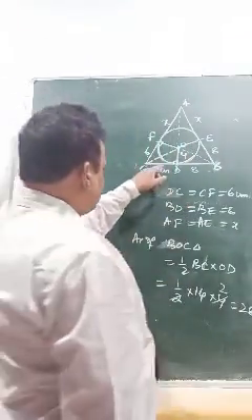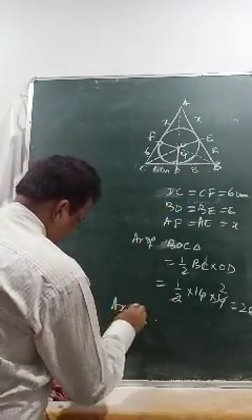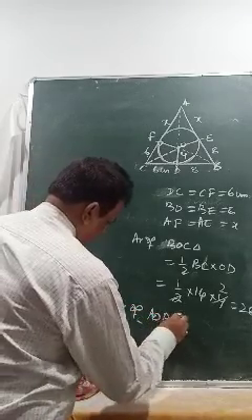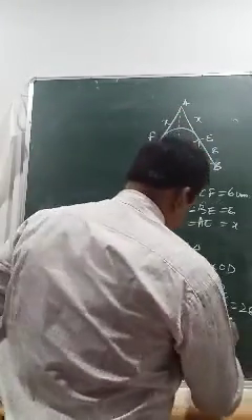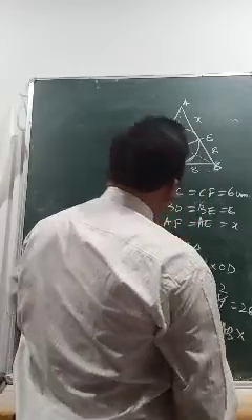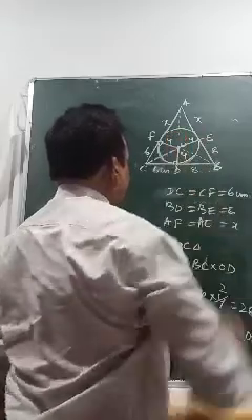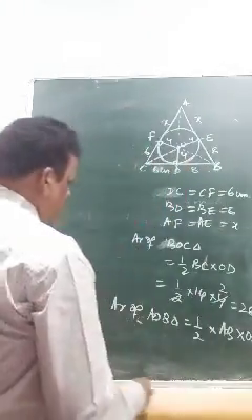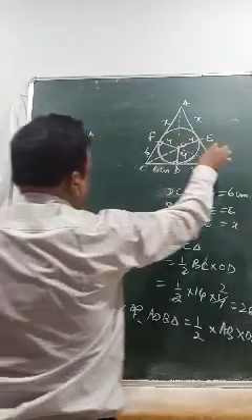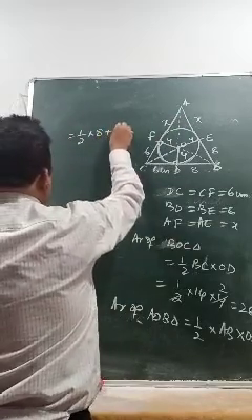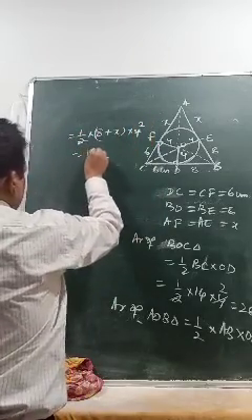28. Then what is BOA? What is the area of the AOB triangle? Similarly, half base is AB into height OE, but this is radius, this is also 4, this is also 4. So how much will you get? That is half, 8 plus x into 4, 16 plus 2x.